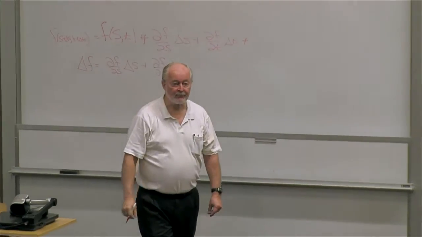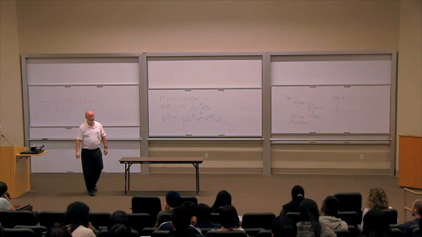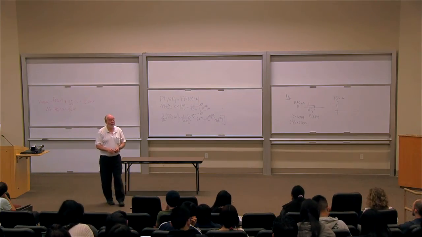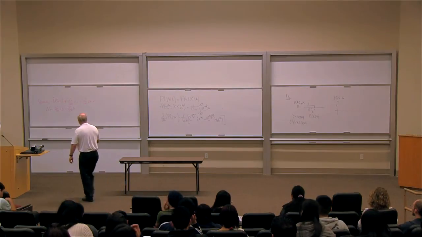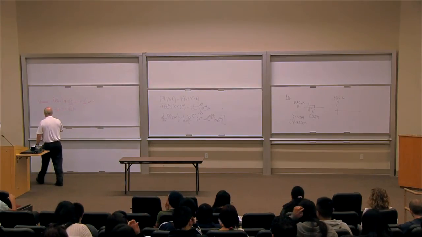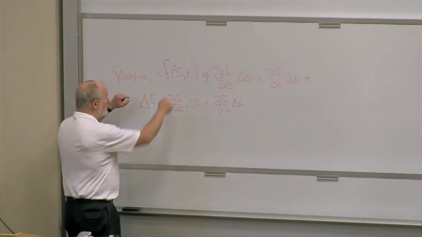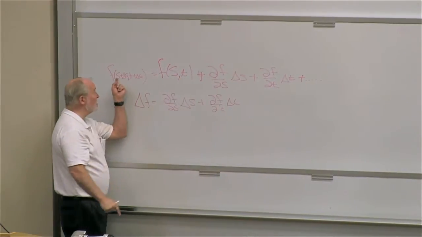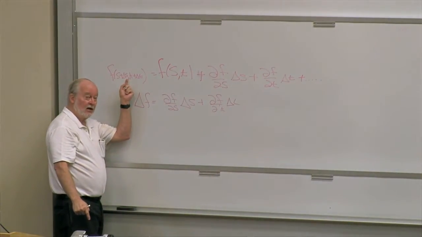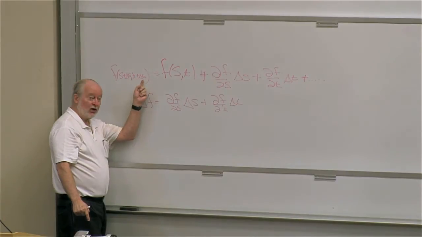Okay, everybody see that? What does it say all the way on the left, on the top? The first term? The first term is f. If I start with f of s, t, and I change s by delta s, and change t by delta t,